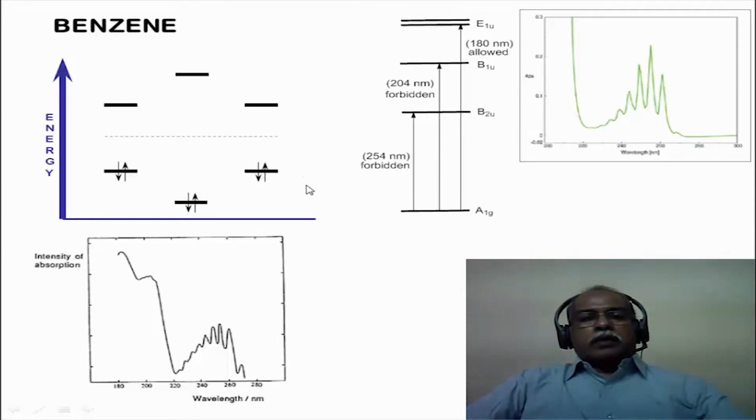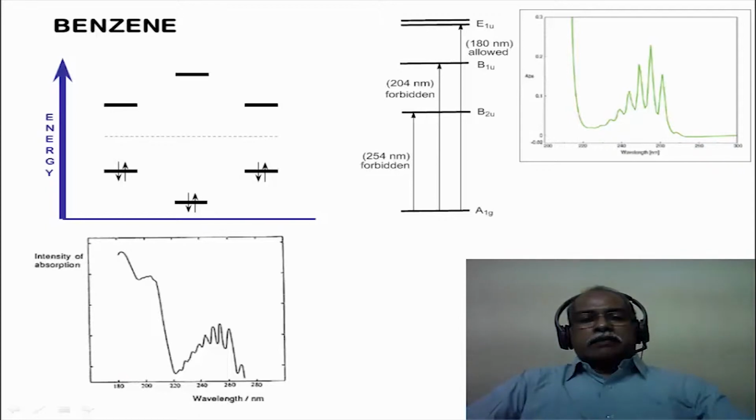If we are to talk about the electronic transition of benzene, you can talk about the pi to pi star transition between these two levels, or between these two levels, or between these two levels and these two levels. One can also talk about the pi to pi star level corresponding to this particular level here. In other words, benzene is expected to show only one line if all the energy levels are degenerate and the energy gap between them is equivalent, because of the degeneracy and so on.